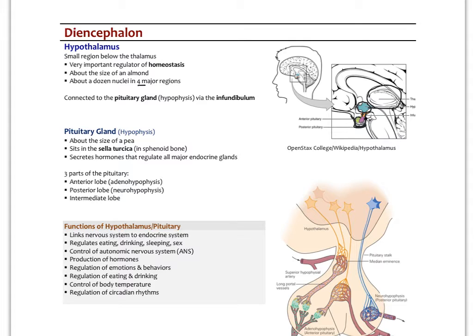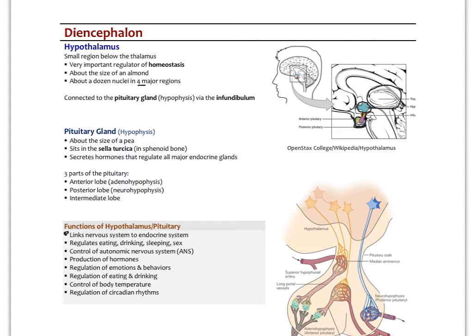So the hypothalamus is connected via the infundibulum to the pituitary. The pituitary is even smaller than the hypothalamus, the size of a pea, but again, this is your master regulatory center for pretty much your entire endocrine system. It secretes a whole slew of different hormones, which we'll look at in the last little video of this section. And really the functions of the pituitary with the hypothalamus are to, again, link the nervous and endocrine